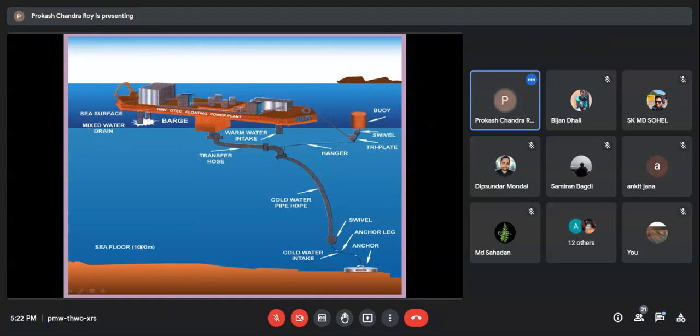So there is a depth difference of 1,000 meters. The cold water will come to the condenser, and the hot water will go to the evaporator,